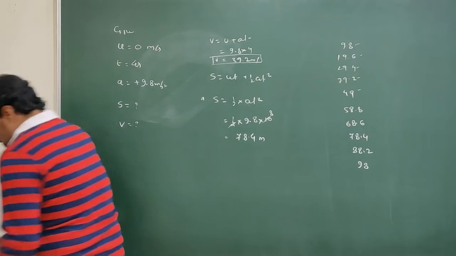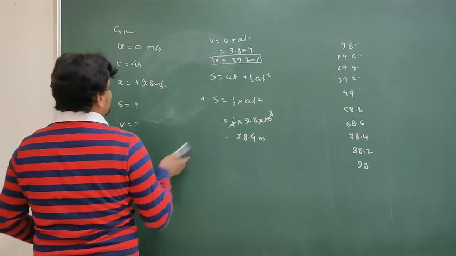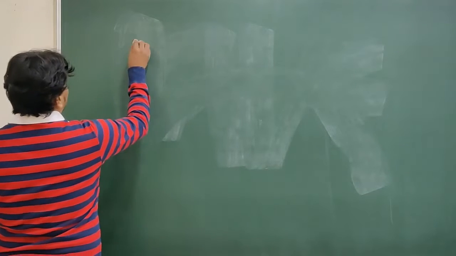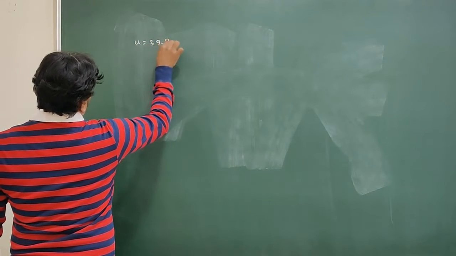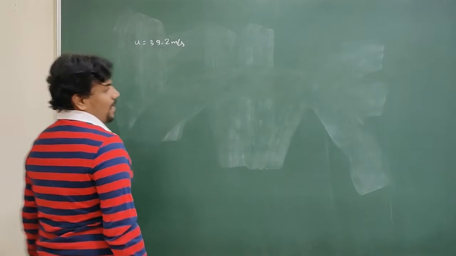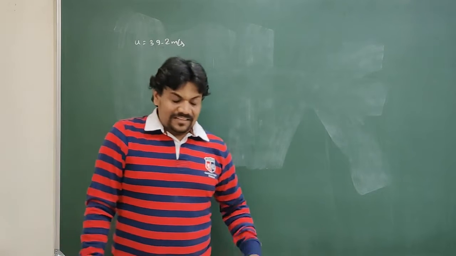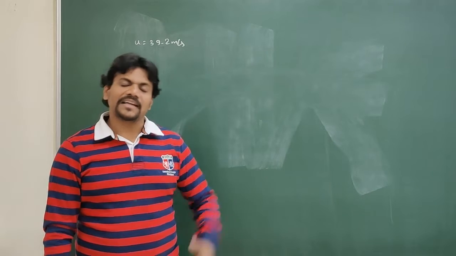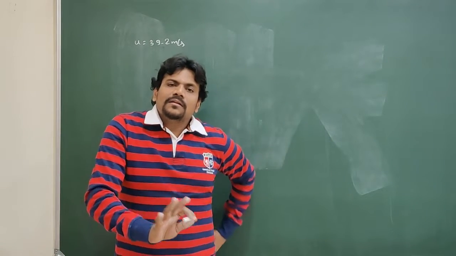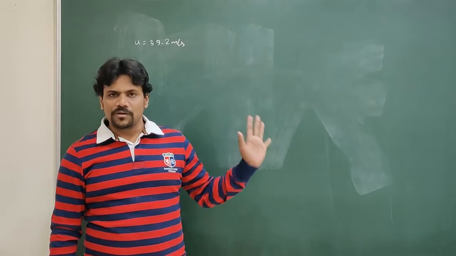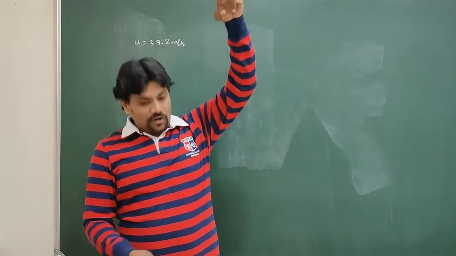We say the question says that a particle is thrown vertically upwards. A particle is thrown vertically upwards with a speed of 39.2 meter per second. आपके दिमाग में अब तक घंटी बजनी चाहिए, 4G लिखा है ये. Calculate the time it takes to reach the highest point and calculate the height also. आपने किसी को ऊपर फेंका 39.2 मीटर पर सेकंड से, कितने टाइम में हाईएस्ट पॉइंट पहुंची और कितनी हाइट पहुंची.